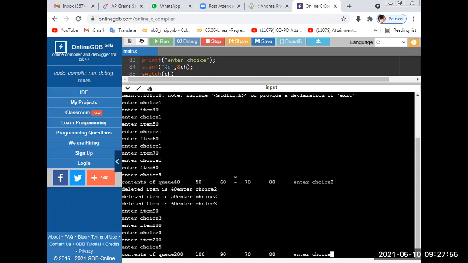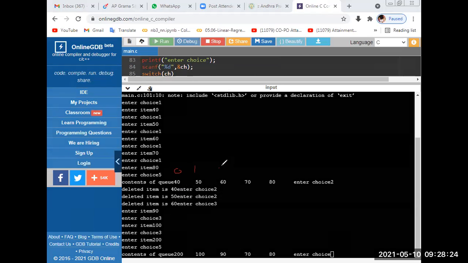That is, if f is not equal to 0, you can pre-decrement f by 1, then you have to store that in the queue. So in the previous case, f is incremented. Previously f is 0, 40 is deleted, f is 1, 50 is deleted, f is 2. So here f is 0, f is 1, f is 2, and we delete the item with f plus plus. After deletion, the increment will be performed. Then after deleting 60, the f value is 3.